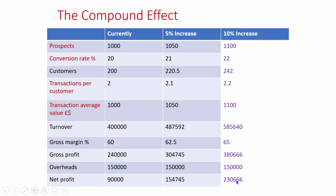But let's look at what would happen if you could get a 10% improvement. Now bear in mind that in 4 key areas, 10% over the course of the year is less than 1% a week. You now end up with these numbers: 1,100 prospects with a 22% conversion rate, giving you 242 customers who spend 2.2 times a year on average and spend 1,100 on average, which gives you a revenue now of